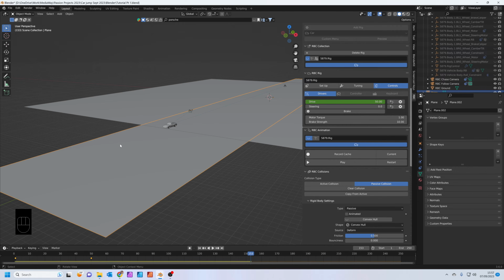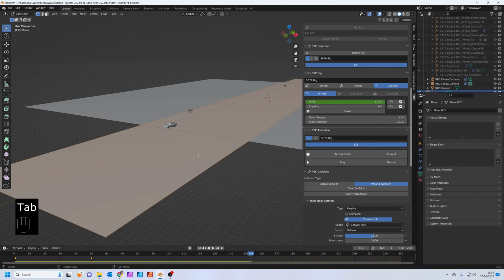The other thing we're going to change is the collision target. Normally Blender draws an invisible mesh around the actual object so it can work out the collisions. It does that with a shape called a convex hull, which is quite a simple shape. If you click the eyeball, you can see the shape of the mesh. The problem with this is, if we tab into edit mode and press Ctrl R to add some loop cuts, let's add a few in here.